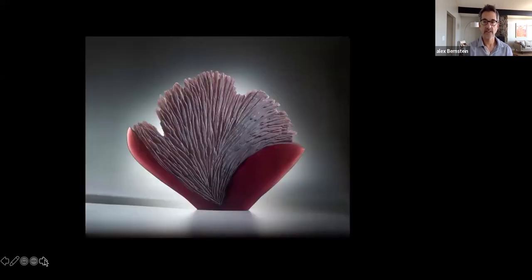This is called Amber Fan. So I finally got some kilns done. I took what I learned from the cutting and sculpting of the smaller pieces, and then was able to elaborate that on the larger